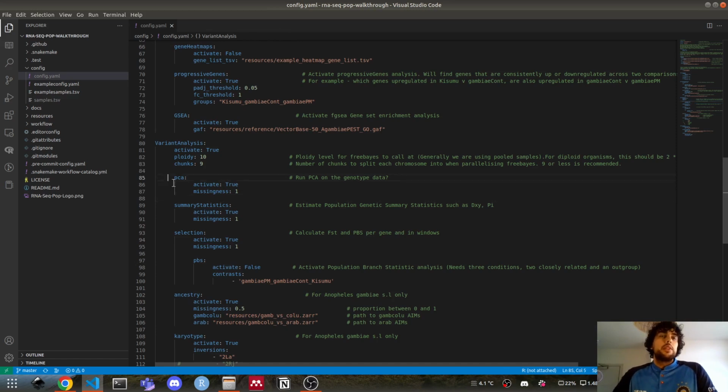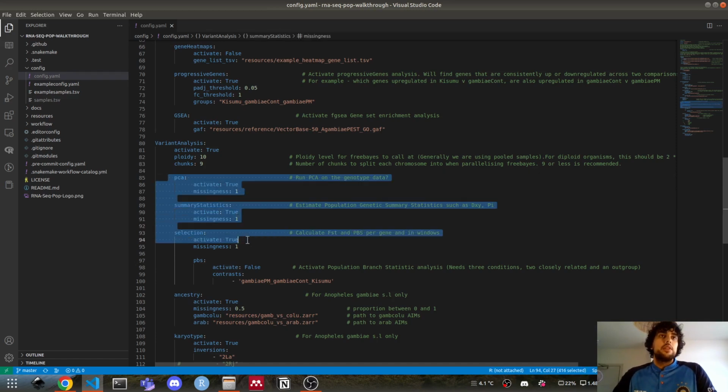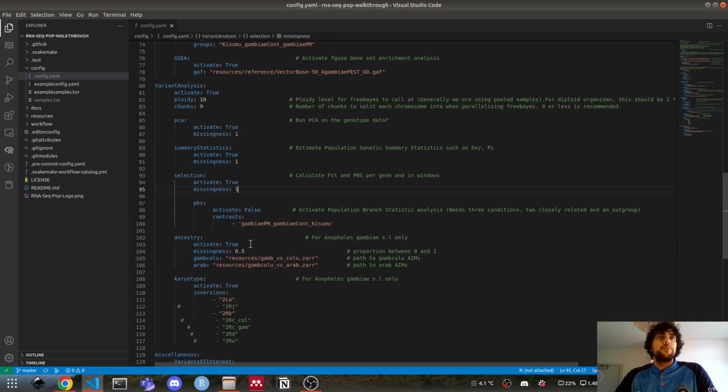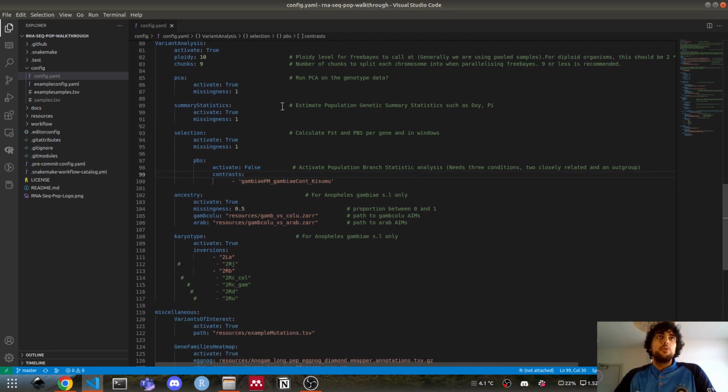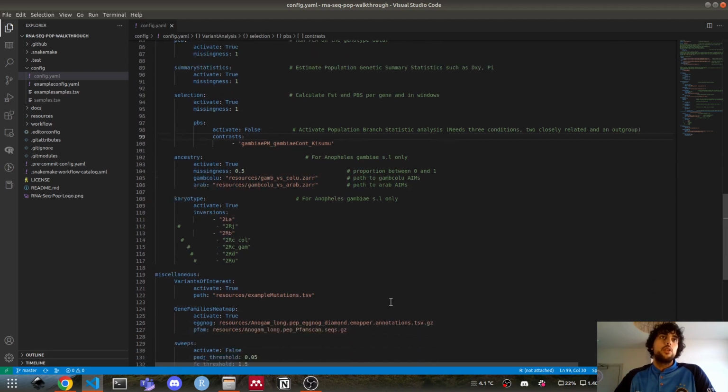Do we want to run PCAs and summary statistics and selection analyses? And within selection, do we want to run the population branch statistic, which requires 3 conditions, which are 2 closely related and an outgroup. And there's more details on configuring all of this stuff in the documentation.